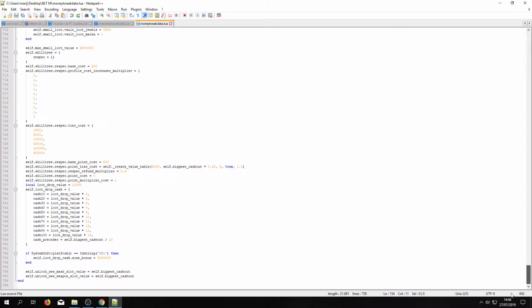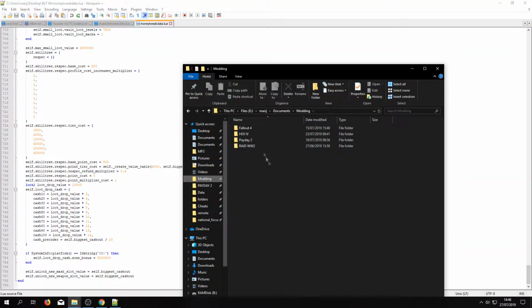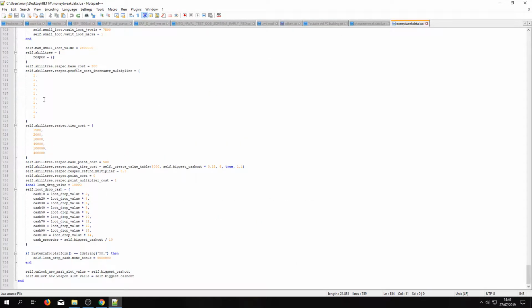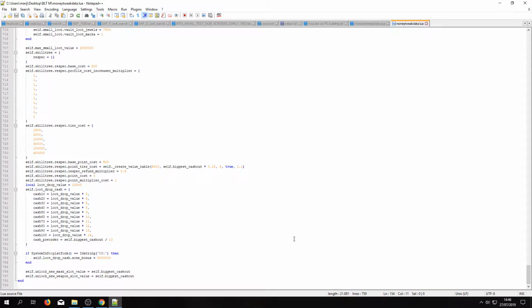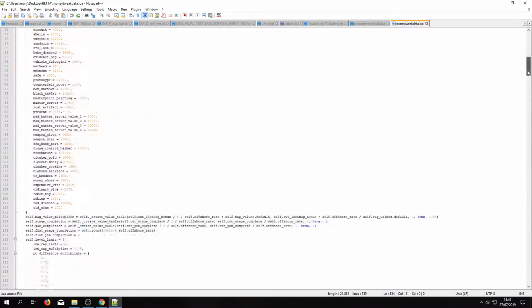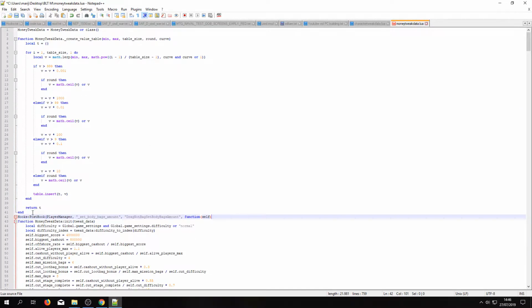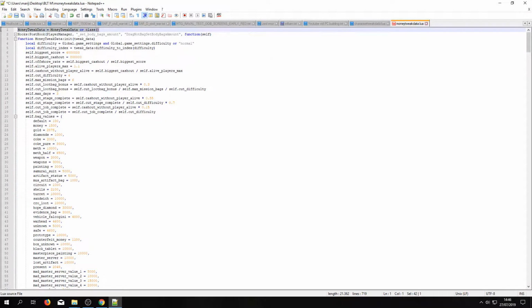So generally you want to use hooks. Another reason for this is that your compatibility with other mods will be increased drastically. So what I do is I just go and get my example hook. So here, let's say I want to change the value of a turret, for example, but I'm gonna change all the versions here. So we have some table info which is not needed, so we can just delete this. Now we are hooking this.